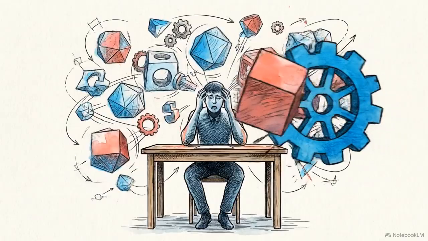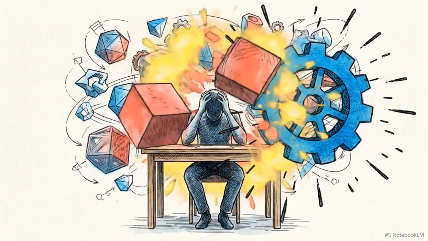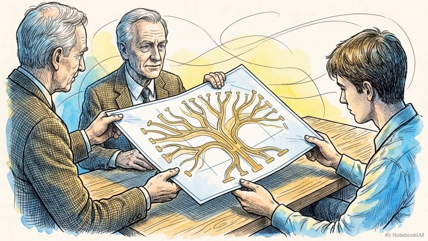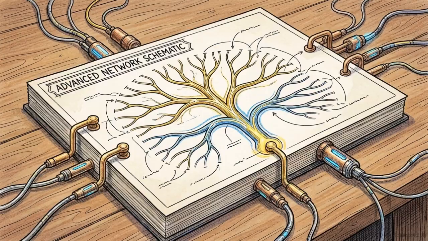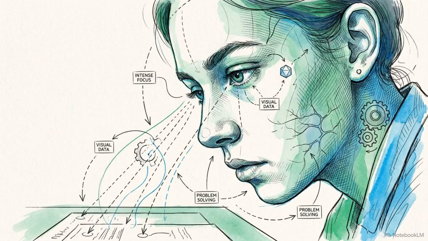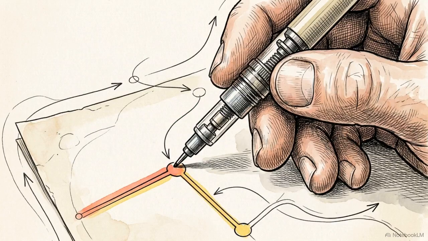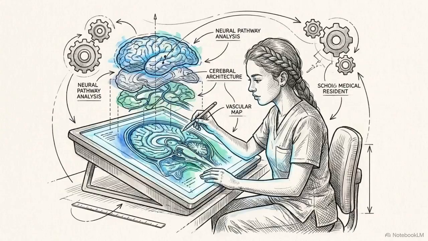Instead of forcing a student to juggle complex, abstract variables entirely in their head, Galperin's system extracts the professor's internal expert schema and externalizes it into the physical environment. By placing the logical structure of a problem on a physical page or screen, that external schema acts as a temporary hard drive. The student's working memory is completely relieved of the burden of holding the problem's architecture, allowing them to focus 100% of their cognitive effort on executing the action.